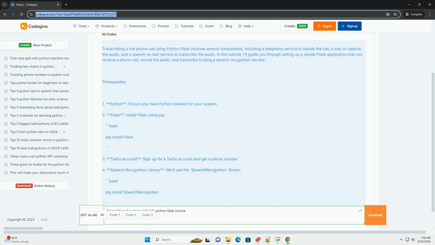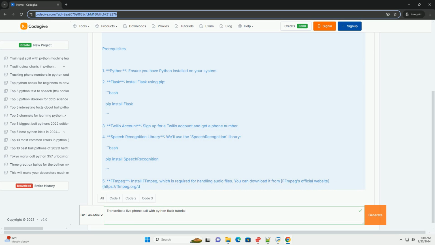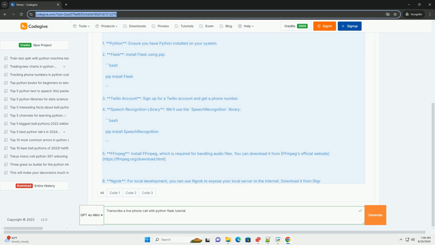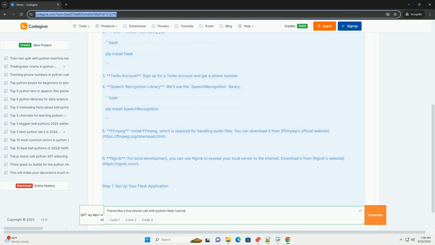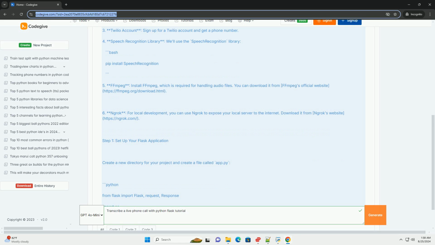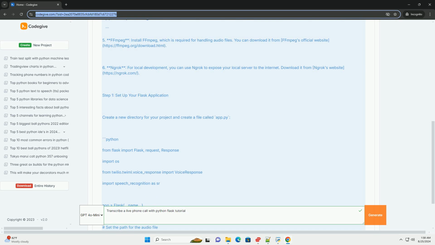Prerequisites: 1. Python. Ensure you have Python installed on your system. 2. Flask. Install Flask using pip. 3. Twilio account. Sign up for a Twilio account and get a phone number. 4. Speech recognition library. We'll use the SpeechRecognition library. 5. FFmpeg. Install FFmpeg, which is required for handling audio files. You can download it from FFmpeg's official website,